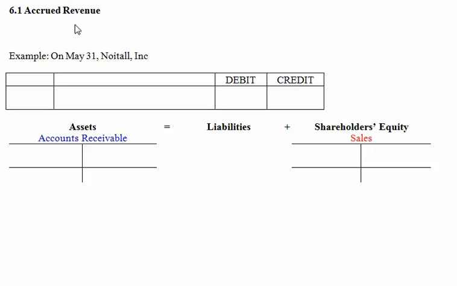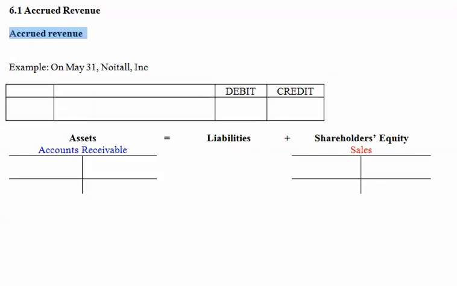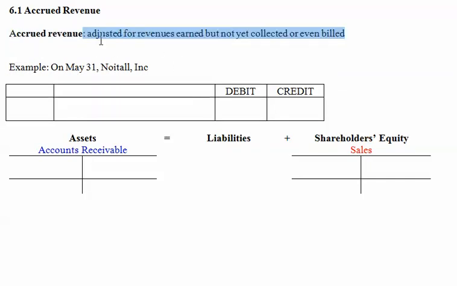We're going to go through the adjusting entries that are typical. The first one is an accrual, and that accrual is for revenues that have been earned. So what we're going to do is at the end of the accounting period, the company's going to have to figure out what all it hasn't recorded yet that it has earned, even if it hasn't been, of course, collected